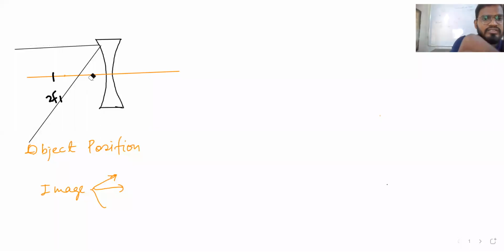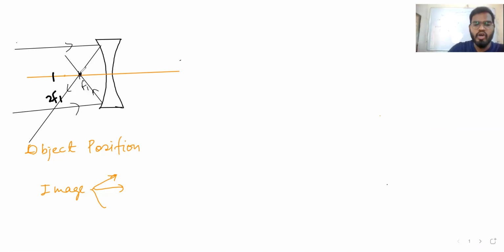What I am doing here is f1, and then again a ray of light parallel to the principal axis will pass through the focus. So it will pass through the focus again, right? The image is going to form here. So the object position, if you see here, is at infinity. The image, is it real? Is it actually meeting? Think about that.